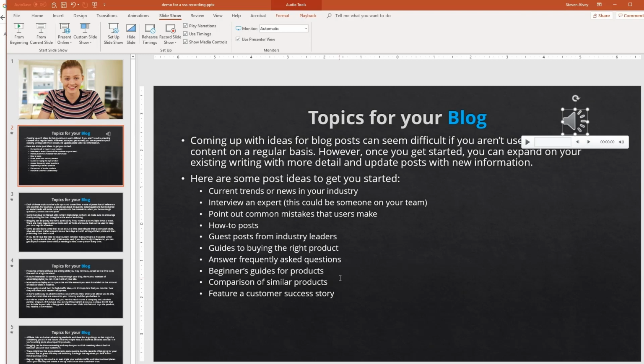The other option, if you're good at delivering things off the cuff, would be to forego recording your audio beforehand and just record it during an actual recording of the slideshow. So once your slideshow is all set up, just hit record slideshow, and you're going to go through the entire thing, click through it, narrating in real time, and it'll record your narration, and that will be your finished MP4